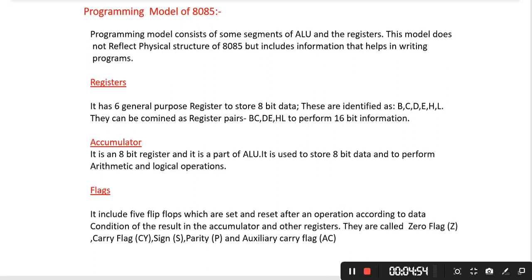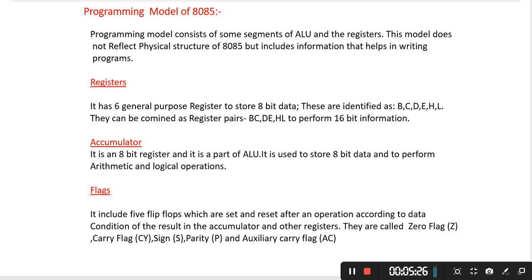Likewise, if we talk about the programming model of the 8085, the programming model is required whenever we want to program our 8085. It gives the minimum information which helps us to write a program in the microprocessor. First of all, we must have knowledge of registers, that is how many registers the microprocessor has.